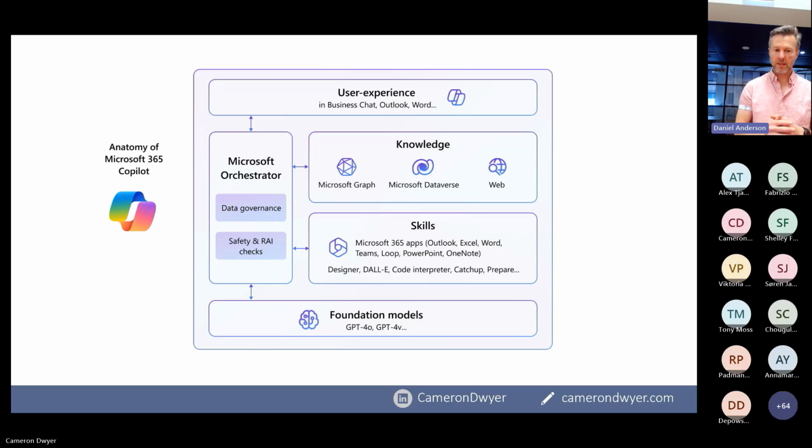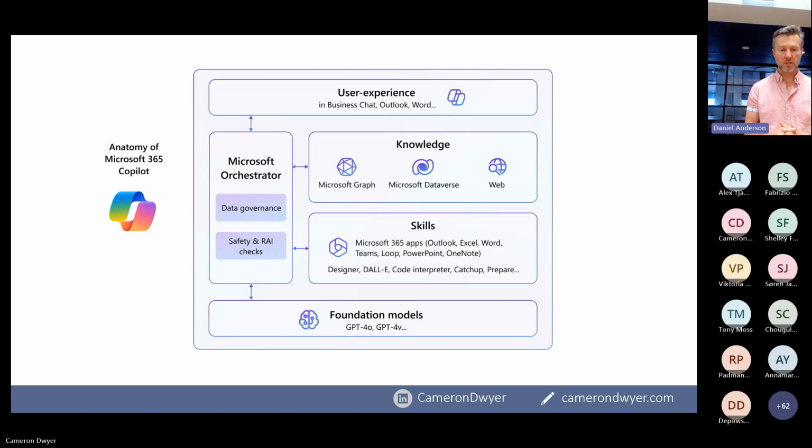So this is looking at a very high level of the anatomy of Microsoft 365 Copilot. At the top, we've got the user experience. This is the user interface for how you chat with Copilot, whether that be the focused experience or the full screen experience of a business chat, or whether it be embedded inside of one of the Microsoft applications. At the very bottom, we've got the foundation models, which are the LLMs. Then we've got the knowledge and the skills. This is your data inside of Microsoft 365, and as we'll talk about shortly, it gives us a way of getting at other knowledge. The knowledge and skills: what data do we have access to, and what skills can we perform within those applications?